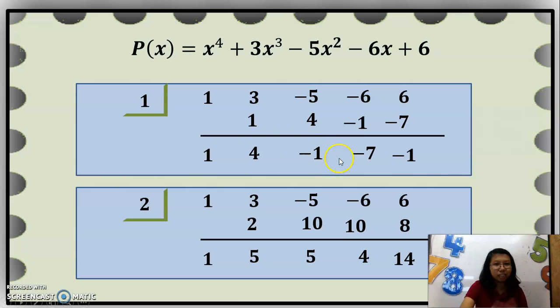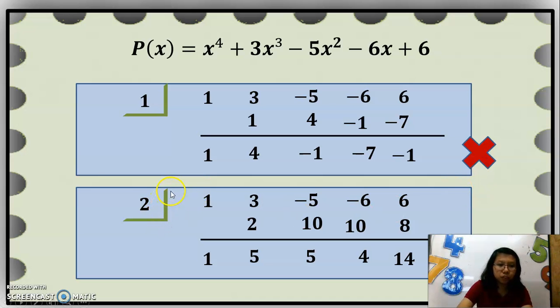Negative 6 plus negative 1, it will be negative 7. Okay, and then negative 7 multiplied by positive 1, you will have negative 7. So 6 plus negative 7 will be negative 1. Okay. So since we have coefficients with different signs, that's why it is not an upper bound for the zeros. We need to have positive values for the coefficients. That's why it is not a value for the upper bound.